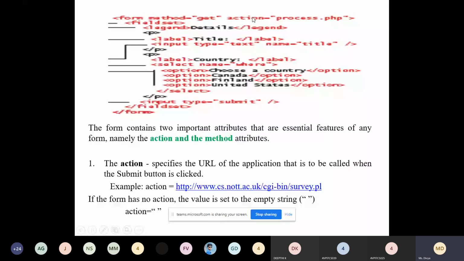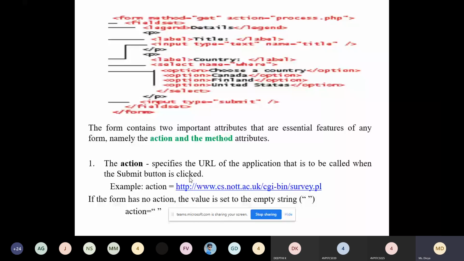First we will discuss action. The action specifies the URL of the application that is to be called when the submit button is clicked. When you create a form, you will have a button, and a common button is the submit button.